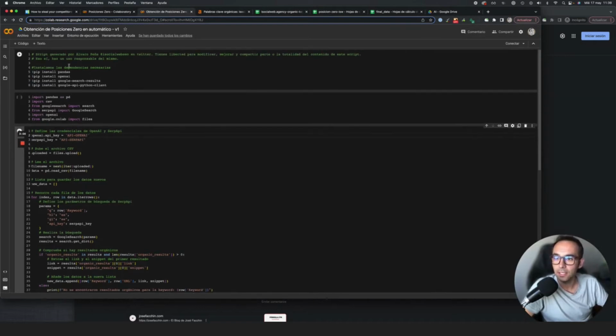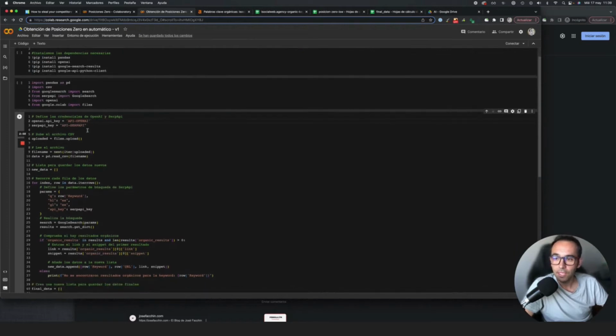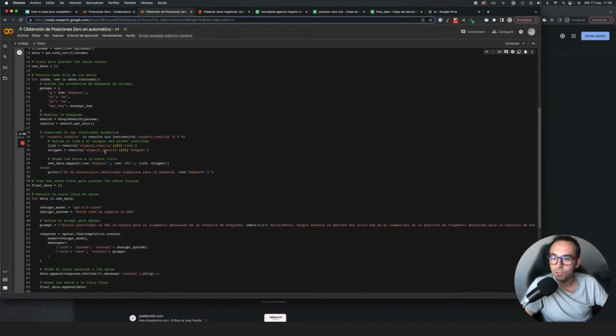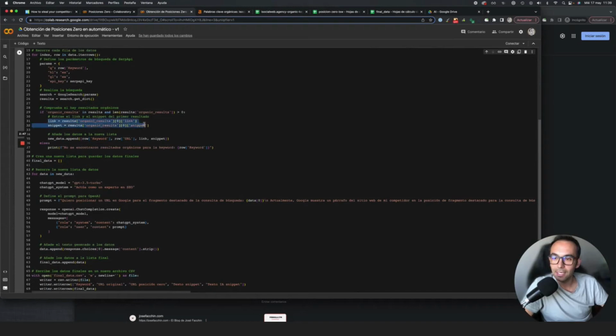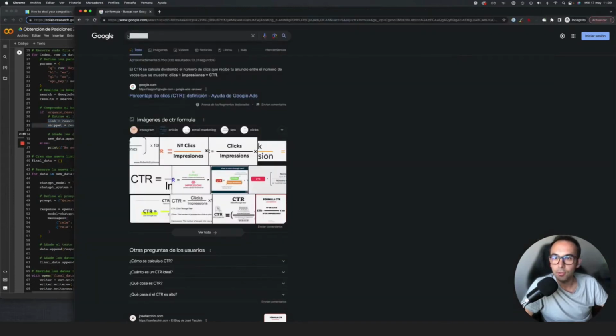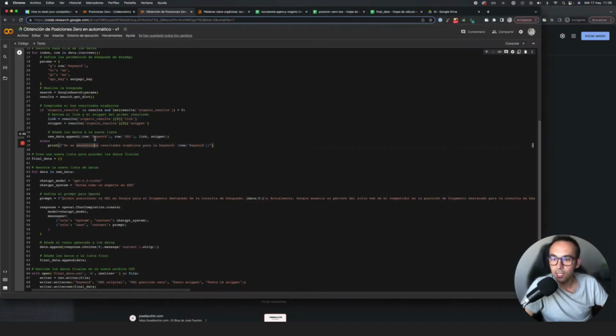What we do basically is give a list of keywords. That list of keywords that we have seen in Ahrefs, we pass it to the script. And what we do is, through SerpApi, we scan the SERPs of those 0 results. We obtain the link and the snippet. That is, if I do the search, for example, Schitter formula, this would be the 0 position, and this would be the link of that result. Then we get those two, and for each of those results, we set up a table with the keyword, the URL that is positioning,